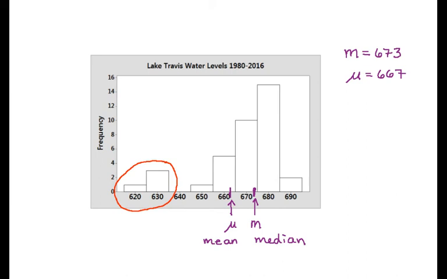They don't have any more impact on the median being way down here at 620 and 630 than they would if they were, say, over here somewhere, right? And so the median doesn't really get pulled to the left by those values, but the mean does. So the mean is pulled by the skew,